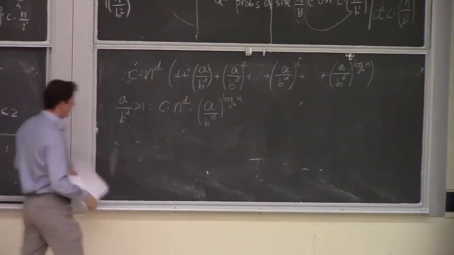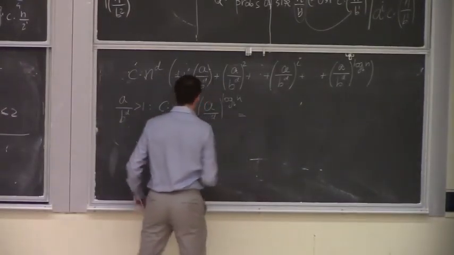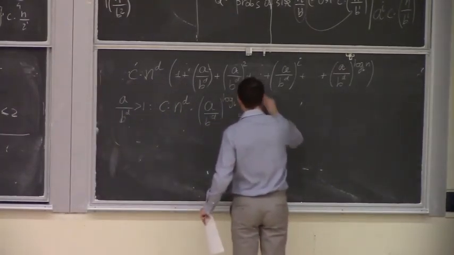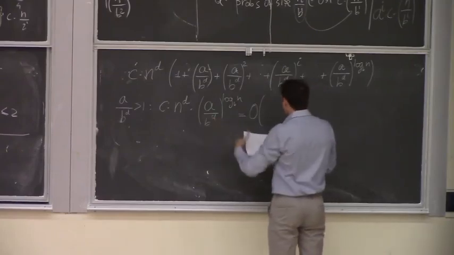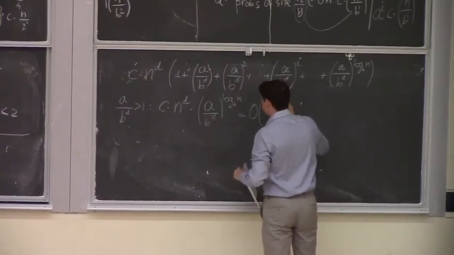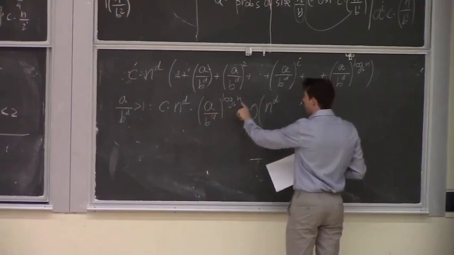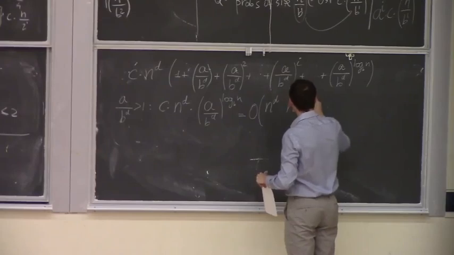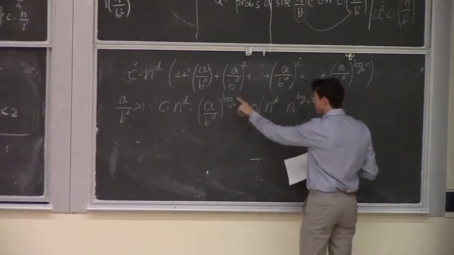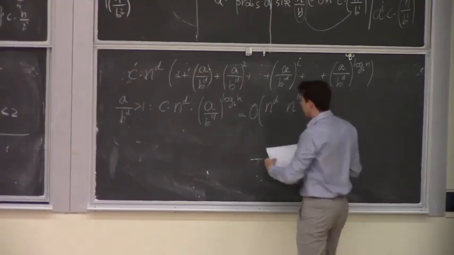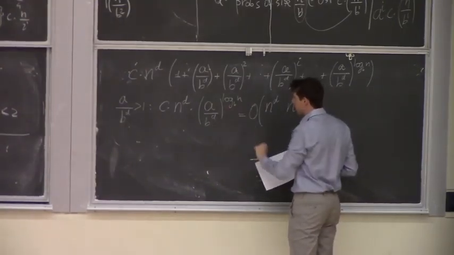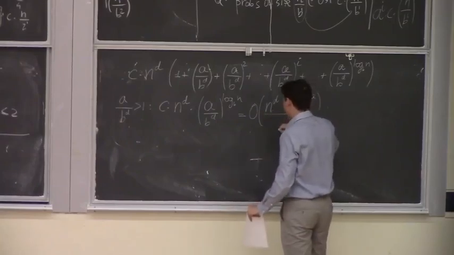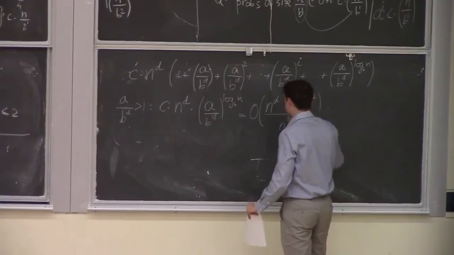Okay, it's a bit of a big mess here, so let's try to clean it up. First, the c is just a constant, so let me write big O. N to the d looks nice enough, so let's leave it around. A to the log base b of n, I can do the switch trick, so I can write n to the log base b of a. This is just the numerator. I can also do the switch trick on the bottom, so that would be n to the log